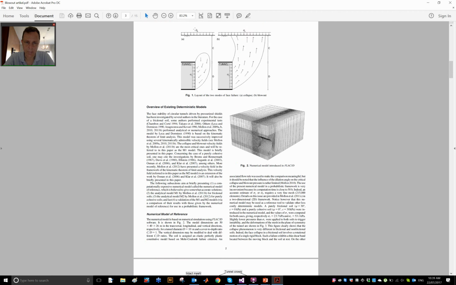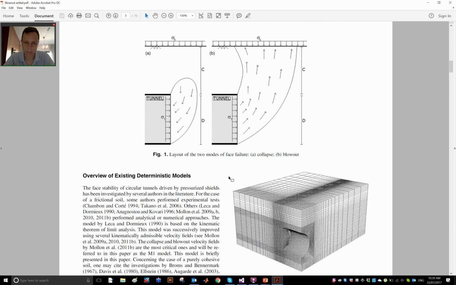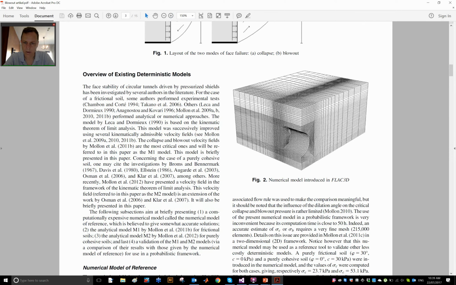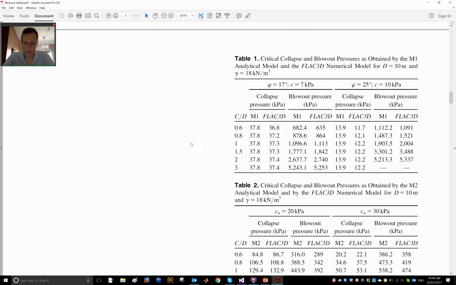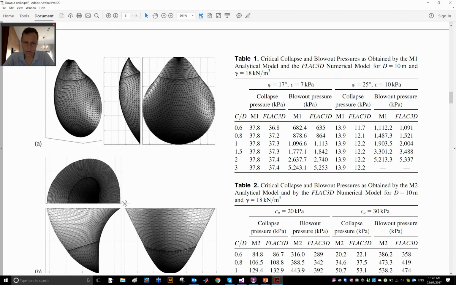And as you can see where I have these figures from, that's from this paper. And we'll be looking at a model which is identical, or at least in principle, similar to this one. So we consider half the tunnel. We'll consider half the tunnel. So use symmetry considerations to only consider the one half, and the tunnel face is in here. This is where the pressure will be applied. And these guys here considered